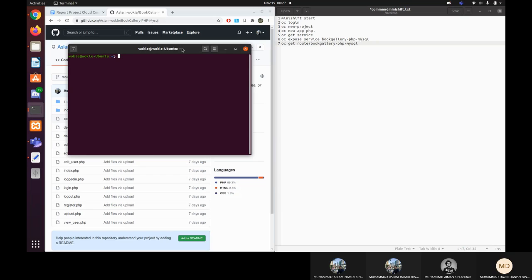Minishift is basically a tool that helps to run OKD locally by launching a single node OKD cluster inside a virtual machine. Minishift can also be run on Windows, Mac OS and Linux. For this tutorial, I will be using Ubuntu 20.04. In this tutorial today, we will create a basic containerized application using the OpenShift source to image method. So without further ado,